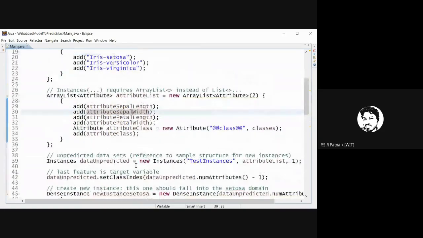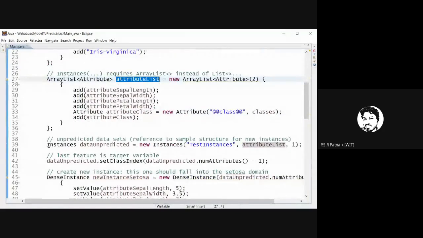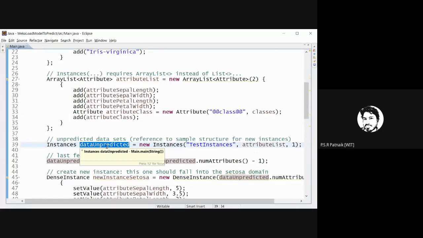Now, once you have created this attribute list, you are creating your instance. This is the unpredicted data instance which you will be passing to your trained model, and you want the output class to be predicted. So you are creating instances, data unpredicted, new instances. I am calling it test.